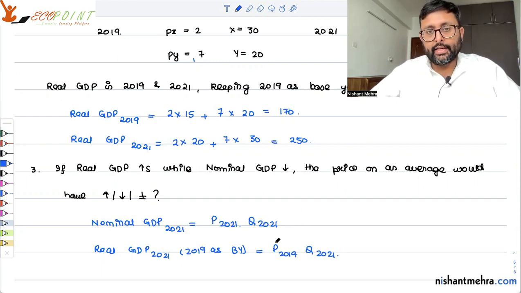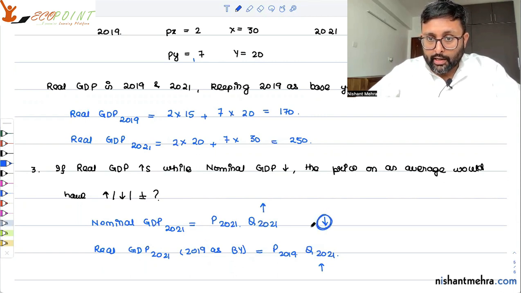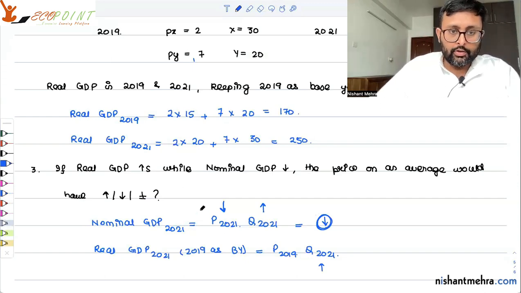But nominal GDP has fallen. Here, quantity would have increased. So if you want to have nominal GDP fallen, but you know that real GDP has increased, so it means that quantity would have increased. But you want ultimately nominal GDP to fall. So it means that prices would have fallen then. Then only you can have nominal GDP falling, right? So the answer is prices in general would have fallen,